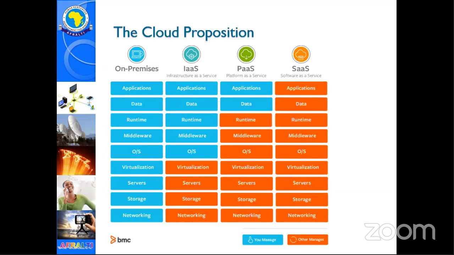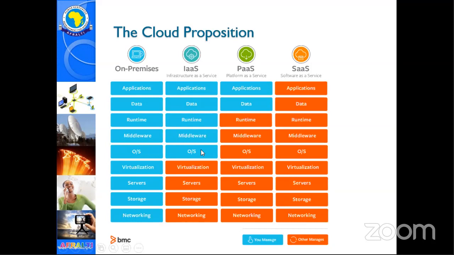And by that, it means that when you go to the cloud and get infrastructure as a service, you are able to lease a server on the cloud, install the operating system. The color coding here in blue means you manage, that is the customer, and orange means others manage, that is the data center or the cloud provider, basically. So in infrastructure as a service, the data center provider will provide networking, storage, servers, and a virtualization environment. And then the customer provides the operating system.